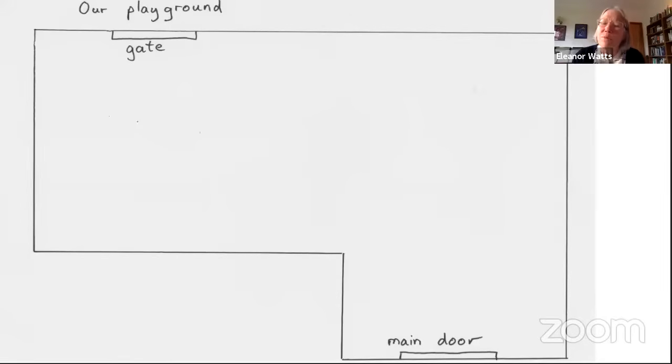Good. What about you, Priya? What did you add? I've added plants, maybe with flowers on them, floral plants. So that would certainly add to the nature, having some plants, perhaps in pots if there are no flower beds. Can you think of any kind of nature that would be benefited by the plants? Any kind of wildlife? Butterflies. Yeah, butterflies. Maybe even bees, because bees make honey, and honey is difficult to find these days. Yes. Okay, well done. That's a very good idea to have some plants in the playground.